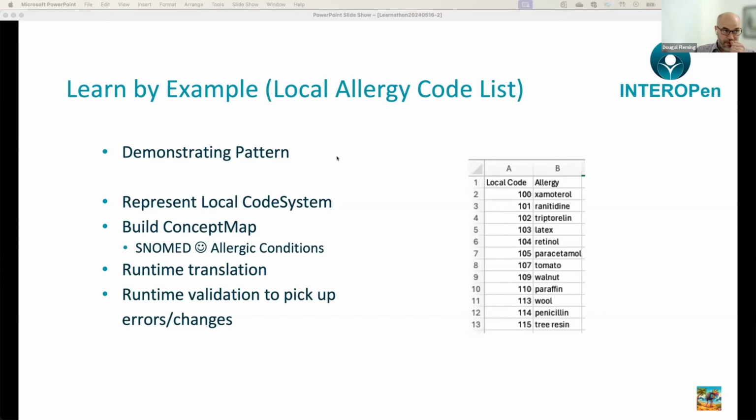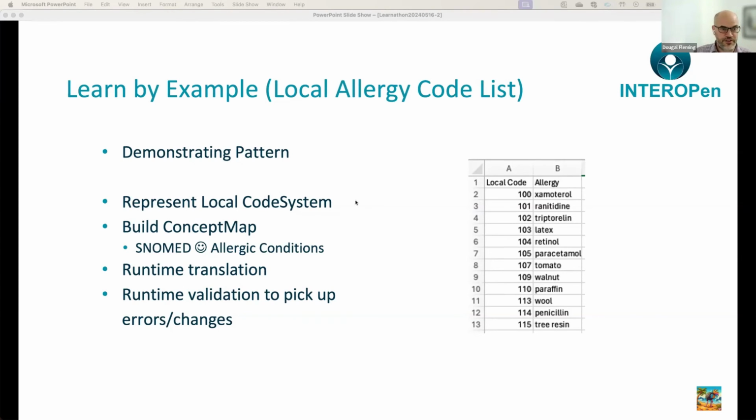And as part of that, they're building all the maps to a similar pattern I'm going to show you here to allow them to translate those codes to their SNOMED representation, as well as backwards to their existing legacy codings